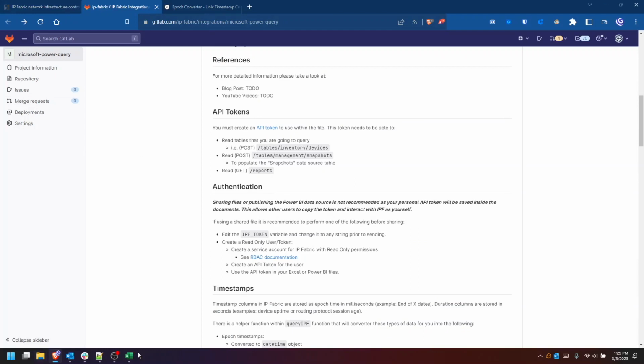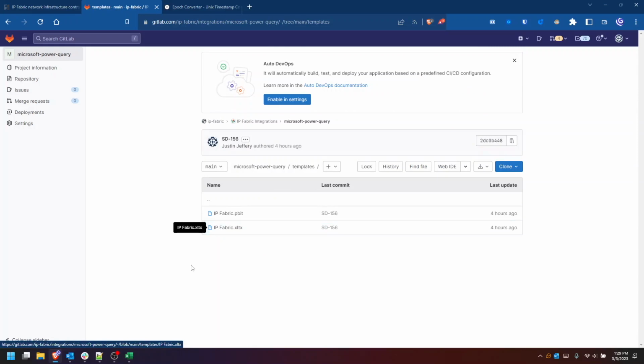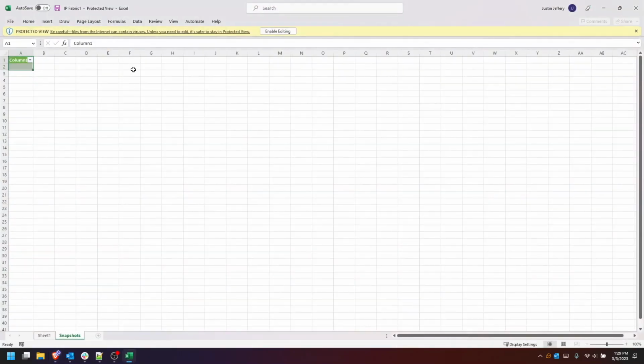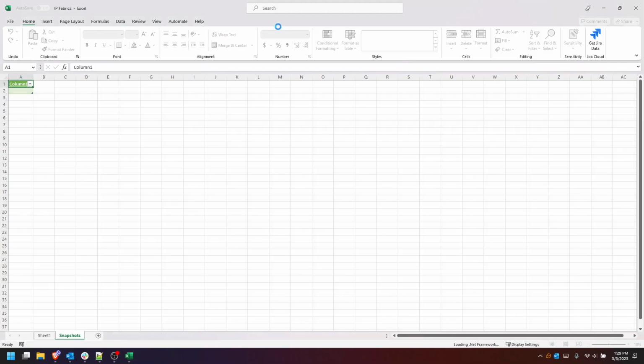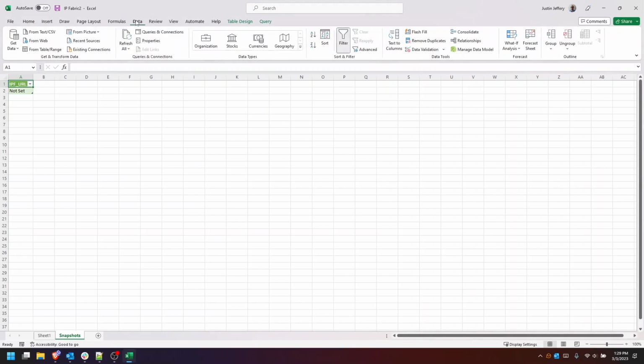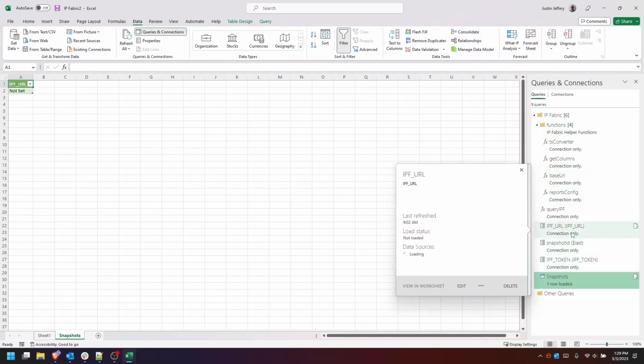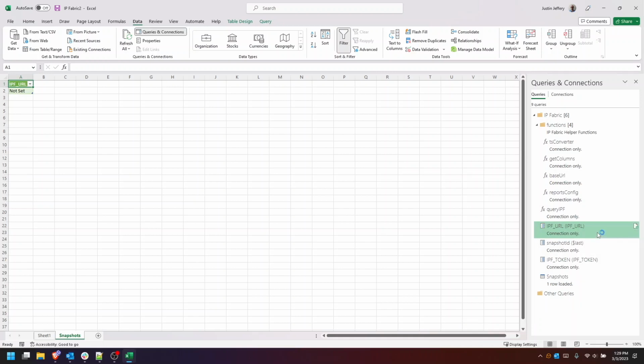So now that I've downloaded our Excel template file, I open it up. There are some warnings, so we have to enable editing. We go into the Data tab. There's a Queries and Connections. This will bring up all the functions and parameters that I've created. So we're going to start with